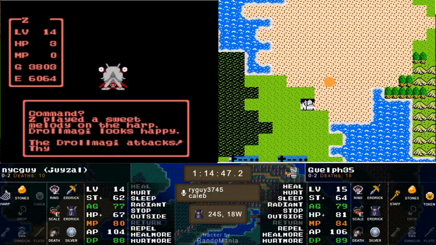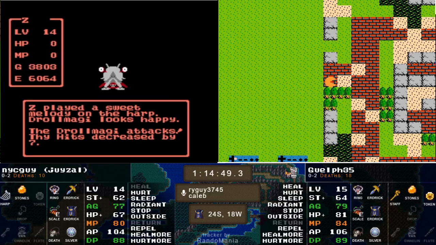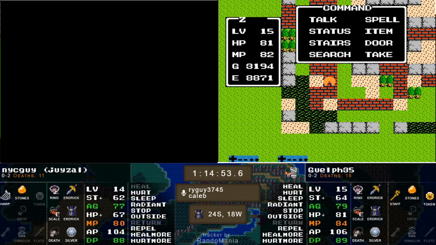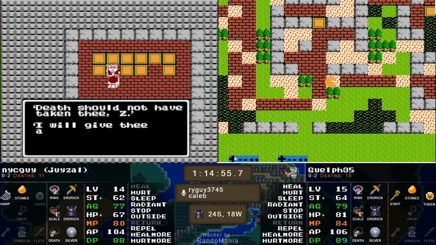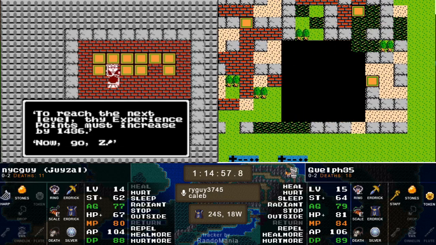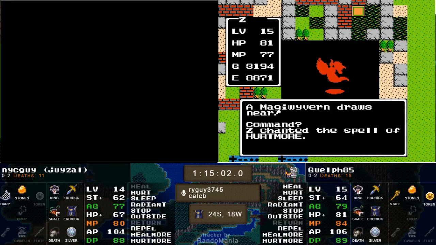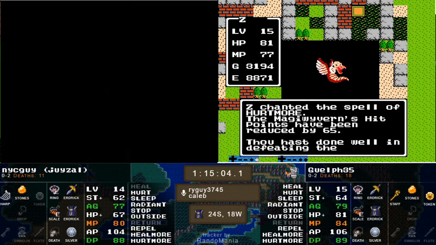I got excited because the Droll Magi did hit. Yeah, there it goes. Hit for 7 earlier, so. Hey, there we go. You helped, Droll Magi. You helped. Wow. If you're nycguy, you've got to just be kind of pulling your hair out after that. Yeah, he